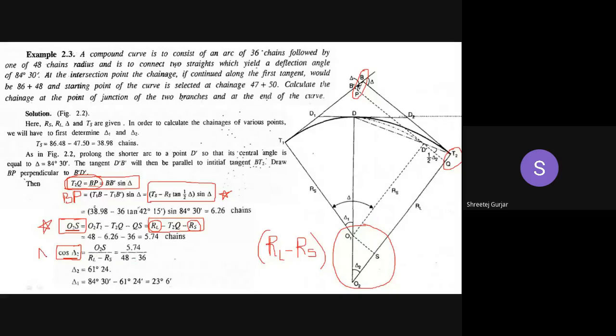So we can calculate cos delta 2, right? Cos delta 2 value we can calculate, and from that we can calculate delta 2, right? Inverse of cos we can apply and we can calculate delta 2. Okay, after we calculate delta 2, delta can easily be calculated, right? If we know any 2, we can calculate the last one. So delta 1 plus delta 2, this is the property which I've told you.